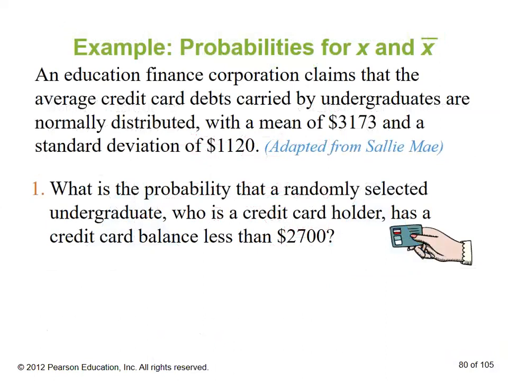All right, look at this. An education finance corporation claims the average credit card debts carried by undergrads are normally distributed with a mean of $3,173, standard deviation of